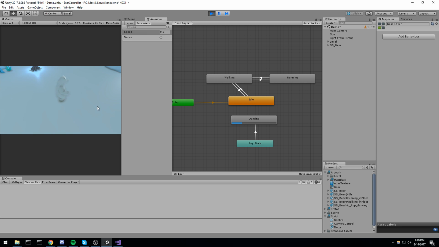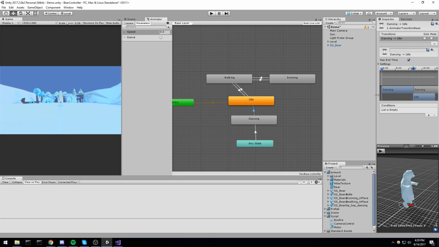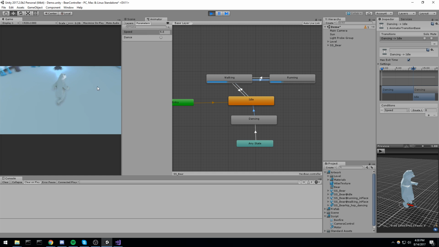dancing. Now the only problem with the current state we have is that we can move around and it doesn't go back to running. It just keeps on dancing all the time. So what we want to do is a few things. You have to rearrange your state machine so you can create a transition from dancing to idle. Let's say if speed is greater than 0, that could work. Then we stop dancing and we go back to idle, and if our speed is then bigger than something, it